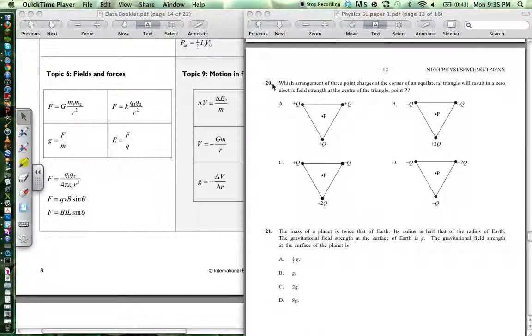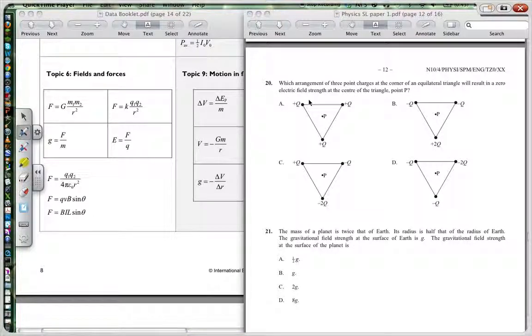Moving on to 20, it says which arrangement of 3 point charges at the corner of an equilateral triangle result in a zero electric field strength at the center of the triangle, point B. So we have to have a look at these. The electric field will all cancel out from each of these. Now, looking at the first one, looking at A here,